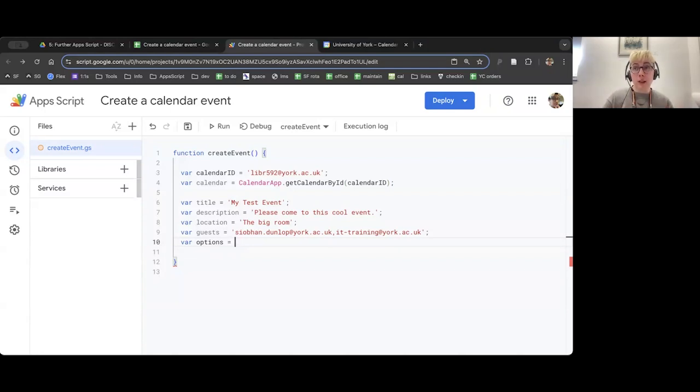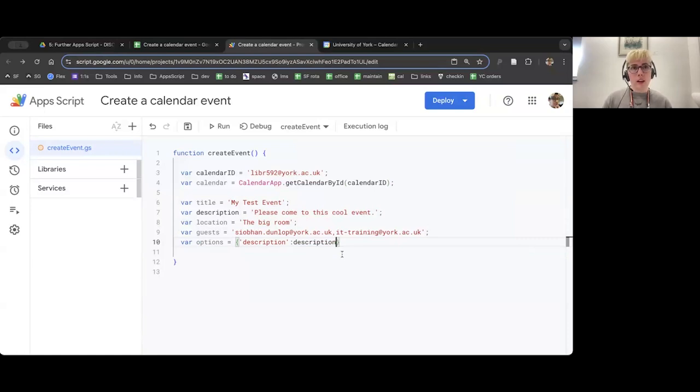And this can have things like the description, the location, the guests, and also whether or not it will send invite emails to people. So those are, you think, useful for extra things you might want to add to your calendar events. So I'm going to do some curly braces, which is how I create my JavaScript object. And then I'm going to do quotes, and I'm going to write description. So that's the first thing I'm going to put in. And then I'm going to put a colon. And then we've already got description stored in a variable called description. So all I'm going to do is write the name of that variable. It will even autofill it for me. And that's my first item.